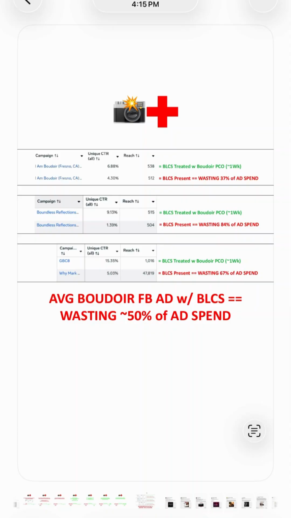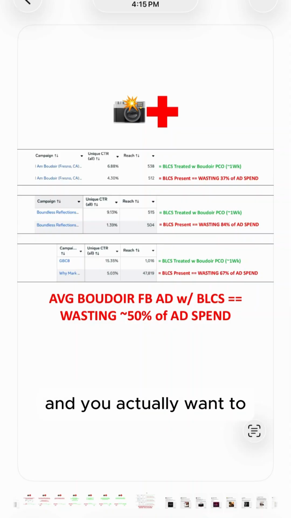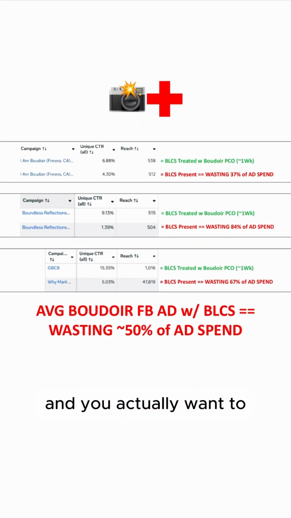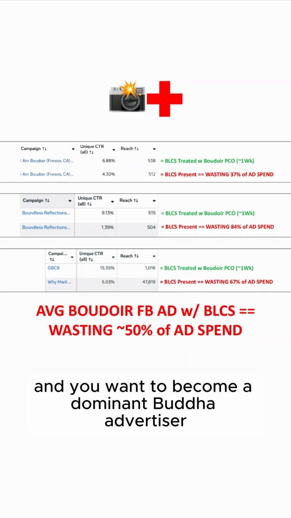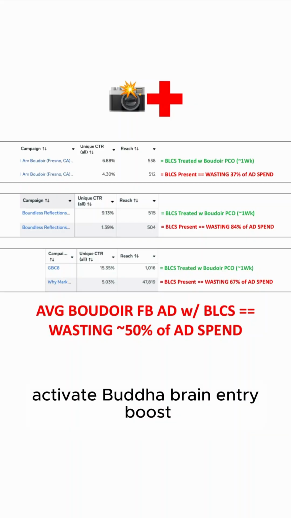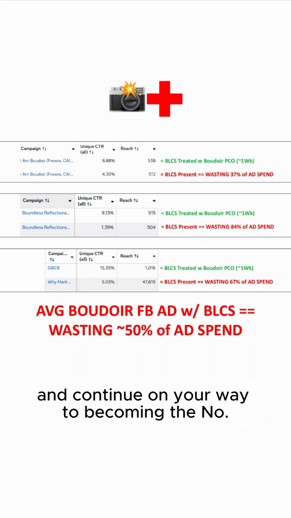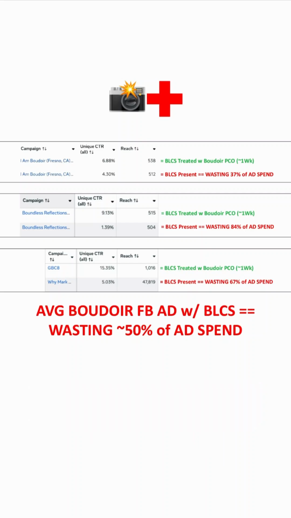And so you see the marketplace getting more and more saturated, and you see inflation hitting harder and harder, and you want to become a dominant boudoir advertiser, achieve pre-click alignment, activate boudoir brand entry boost, and continue on your way to becoming the #1 boudoir photographer in your city, then